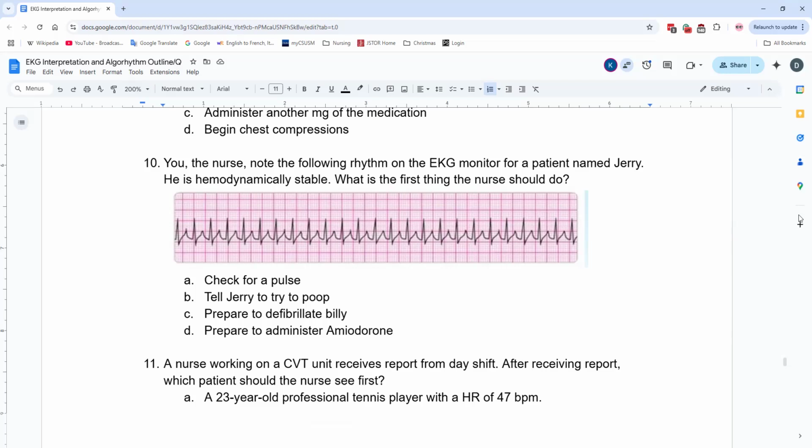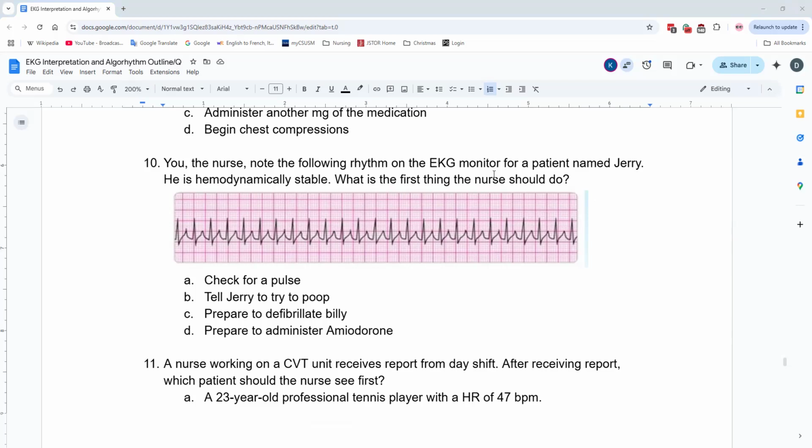Okay, y'all. We just have this and one more, and I told y'all I was gonna get y'all out by 7, and I totally forgot about that. So for number 10, this is B. We're going to tell Jerry to take the fattest poop of his life. He is stable, he's alert, he's chillin', so I can attempt to convert him back to a normal sinus rhythm